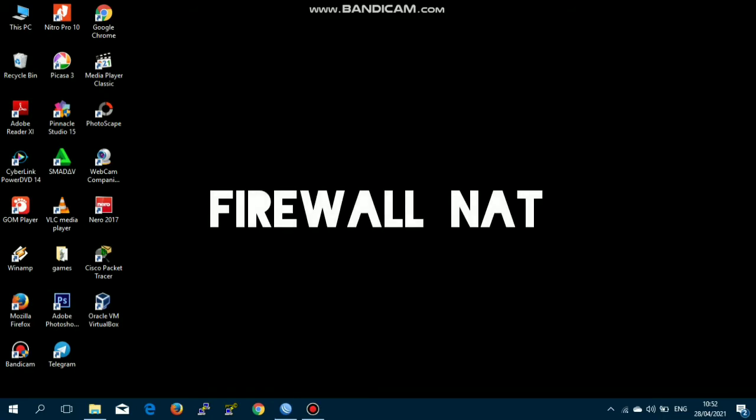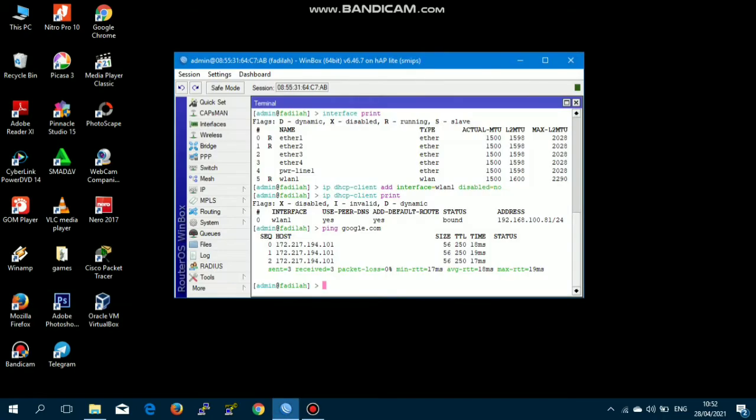Firewall NAT configuration. Here, we will configure the NAT firewall so that later the router can connect with the client PC by using the command IP firewall NAT at chain srcnat out interface WLAN 1 and for action masquerade.